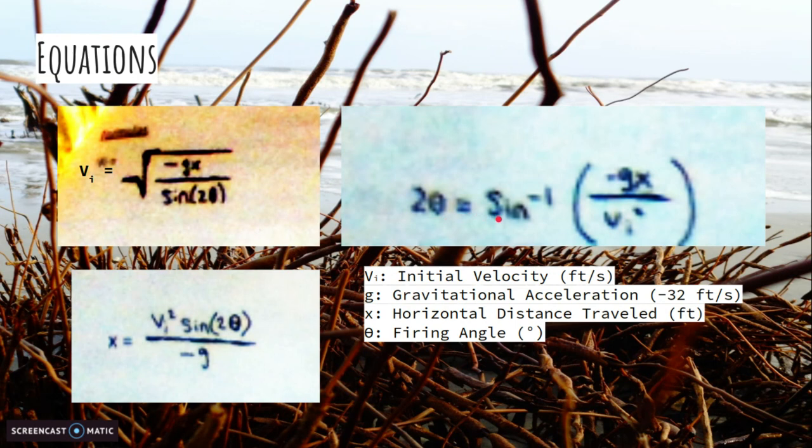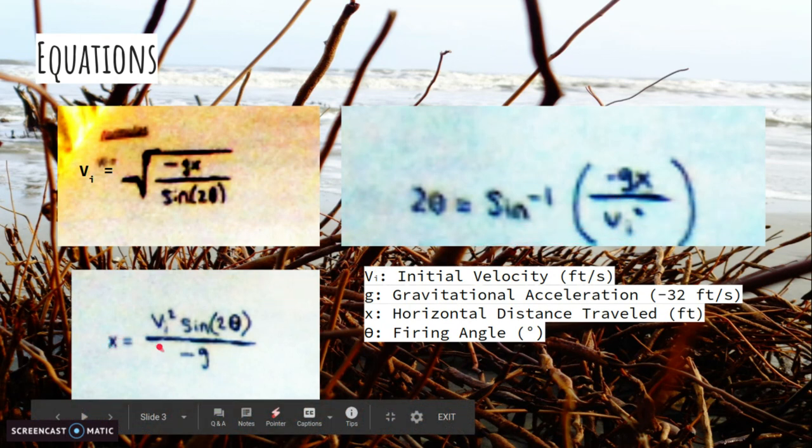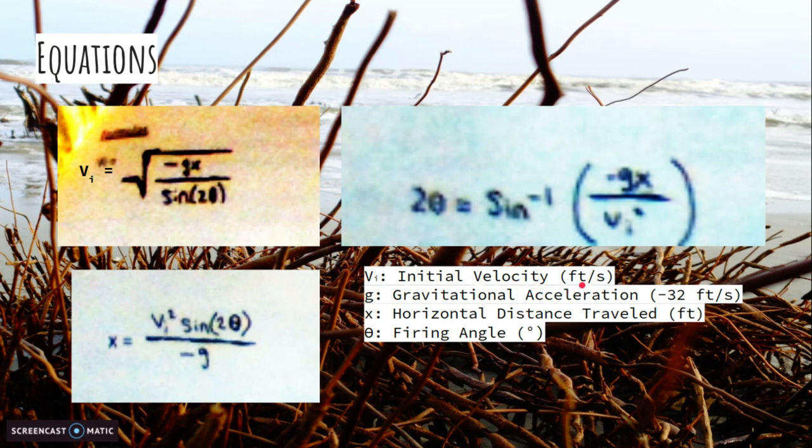But 2 theta equals sine to the negative first times negative gx divided by vi squared. So that's how you find 2 theta. Technically, the equation for finding just theta would be all of this divided by 2. Then for finding x, we'll explain what all these variables mean in a second. You do vi squared times sine of 2 theta over negative g. So vi is initial velocity, and the unit for that is feet squared or meters squared, but